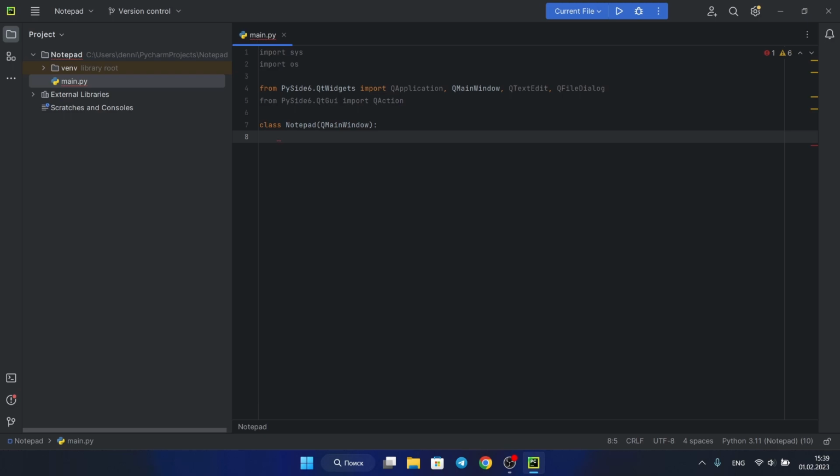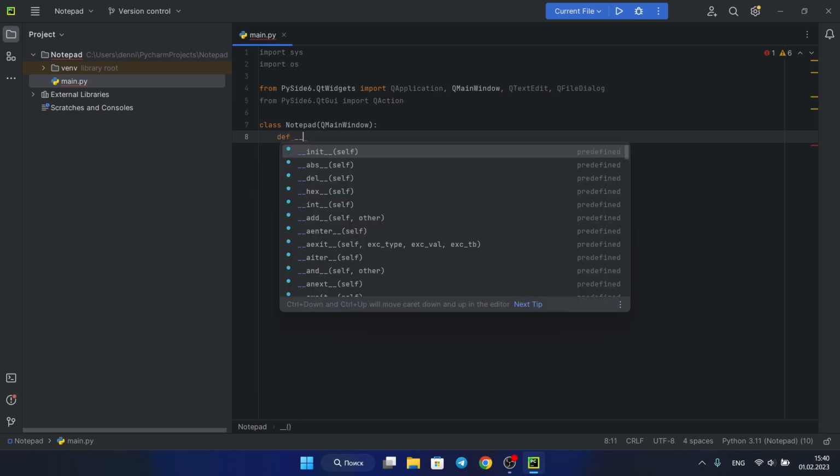Now let's create the init method for our class. This is where we will set up the window and all the widgets. We will create a QTextEdit widget for the text area. Def